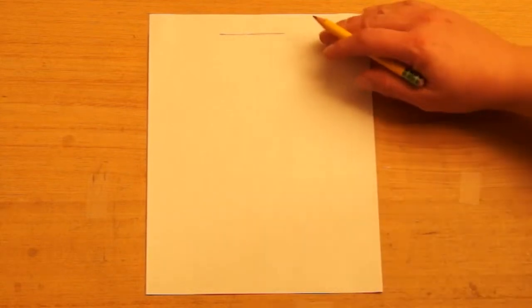And I'm going to go up here towards the top, and I'm going to draw a line like that across in the middle. I want to make this pretty big so I have plenty of room to put my designs on the tie. So make sure you don't make this tiny because you won't have enough room to put your design on your tie. Okay, and then I'm going to slant a line down